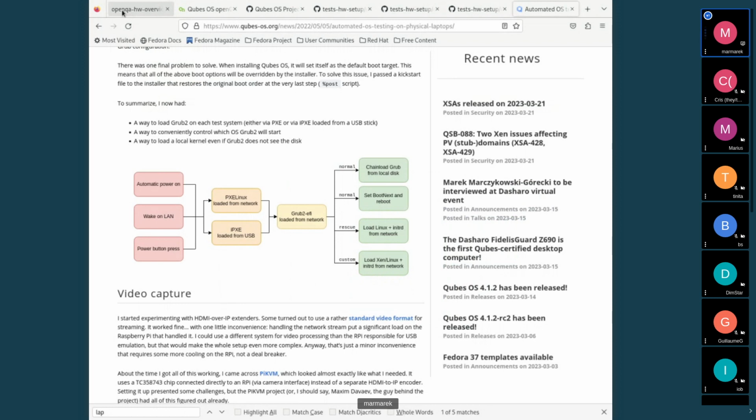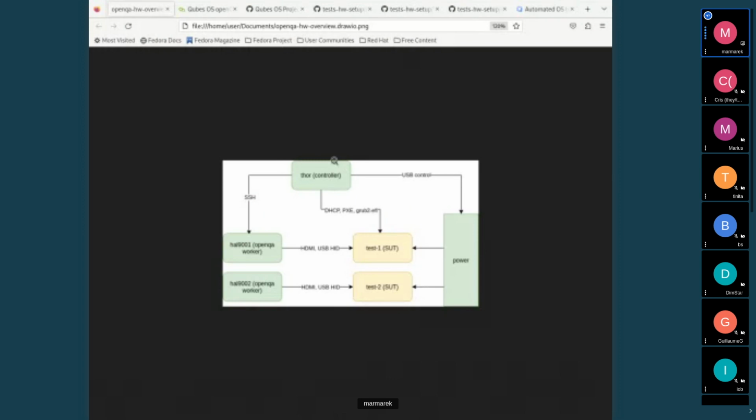So when I debug something, I have a script that uploads the kernel to be tested to this controller, and sets up the boot order to start from something loaded over the network from here, waits for the system to start,